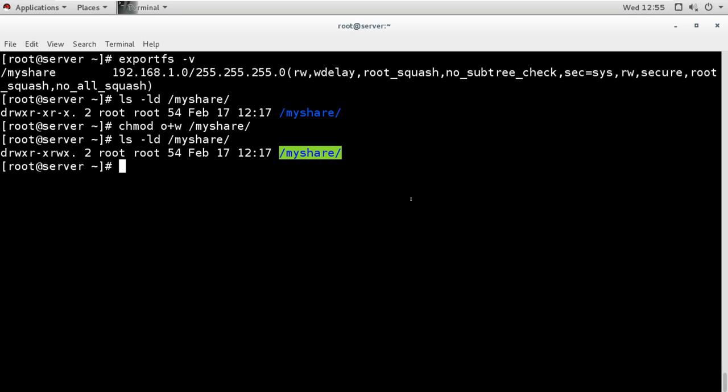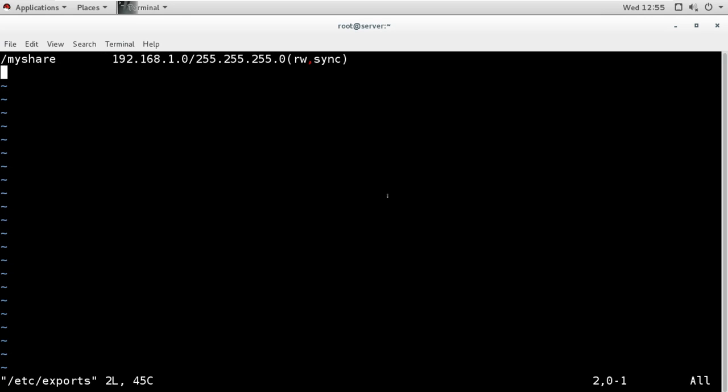Now this is also not recommended, because the root user should not get permissions from the network side, because of security. But if you like, then you can do this. And how you will do this, I will show you. You can open the configuration file, and with these settings you can add one more option there, and that is no_root_squash, comma, no underscore root underscore squash.